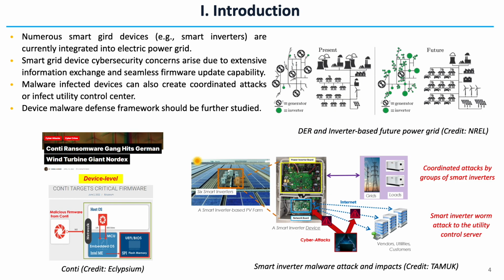The introduction shows our problem statement, where smart inverters, especially grid connected inverters, can be vulnerable to ransomware. As seen on the top right of the slide, a present and a futuristic model of distributed energy resource systems can be seen, where in the future one we see the use of more inverters as the need for DC power systems increases. Additionally, in recent years, the Colonial ransomware attack and the SolarWinds attack have proven very critical for such infrastructure which is connected to the grid.